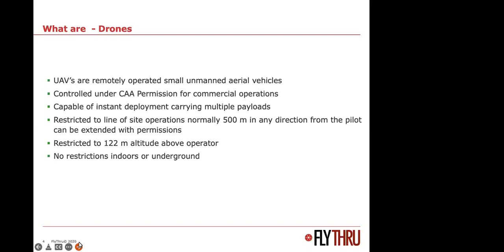So is it in your line of sight? If you can't see it, you're not allowed to fly that high. You are only going to be able to fly what's known as VLOS, visual line of sight, at all times. So you're going to be able to see the drone. The smaller they are, the further away they get, you're not going to be able to see some of them at that height. And the distance away from you, linear, so you stand in the middle of a circle, 500 meters away. So in theory, you could be 400 feet high, 500 meters away.